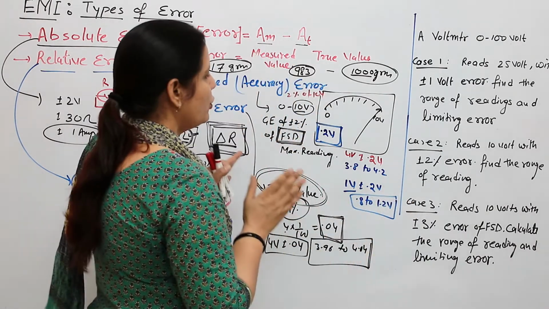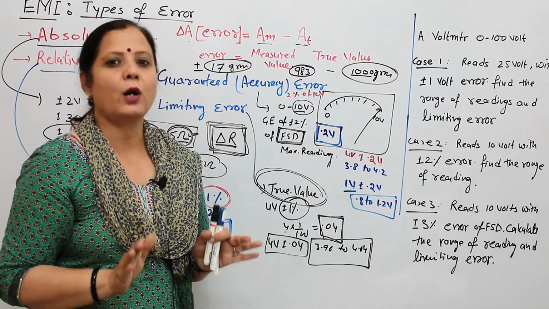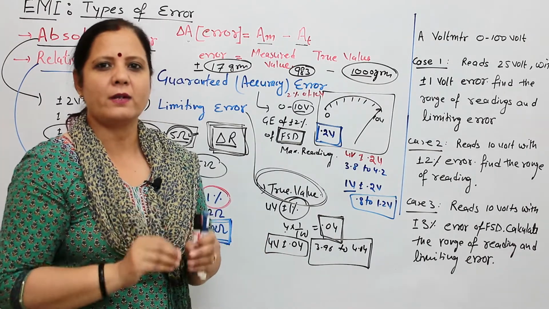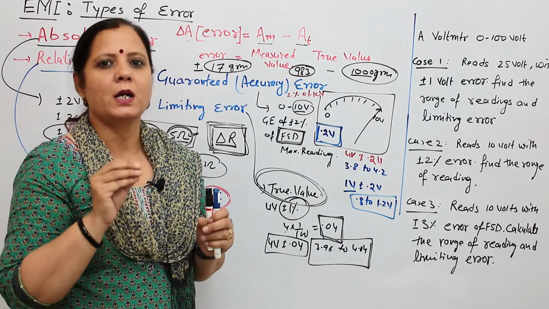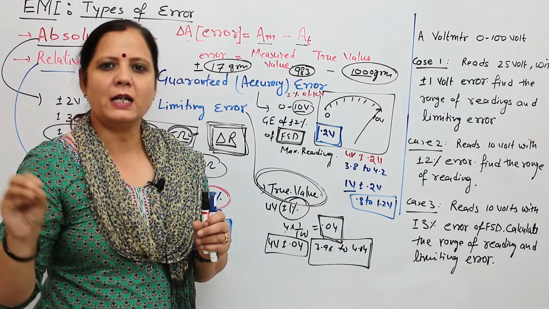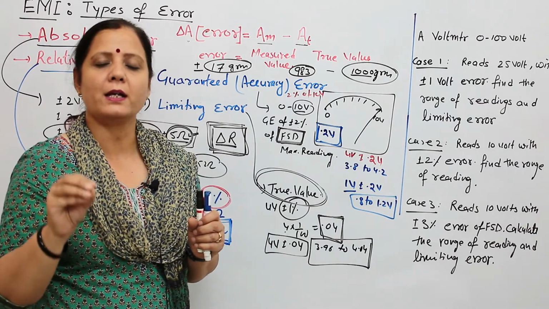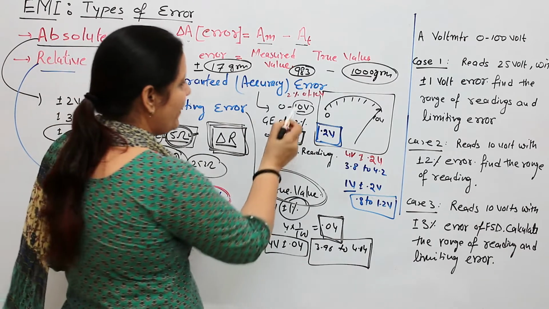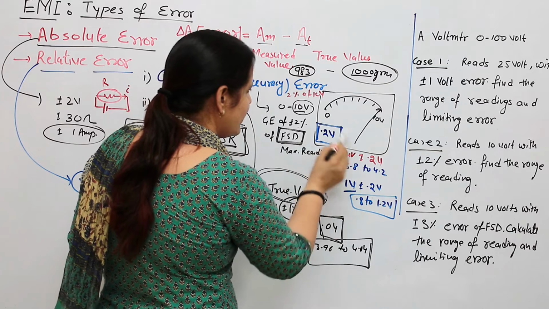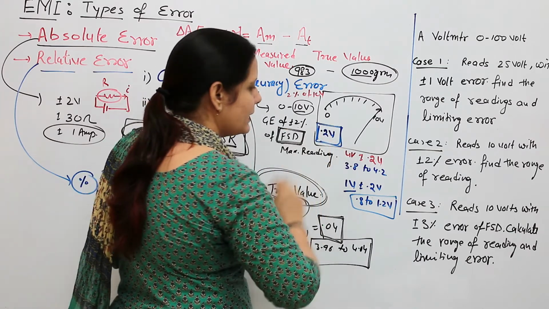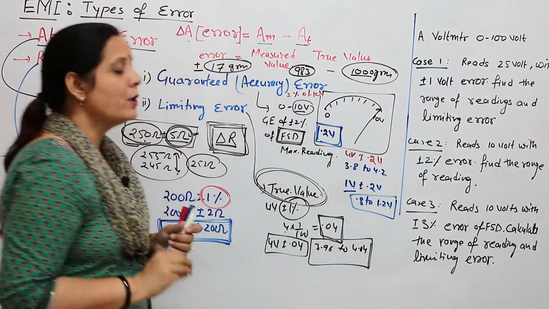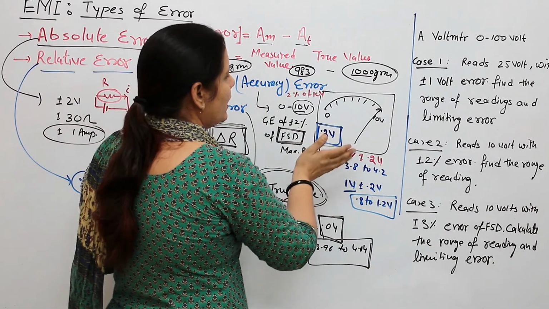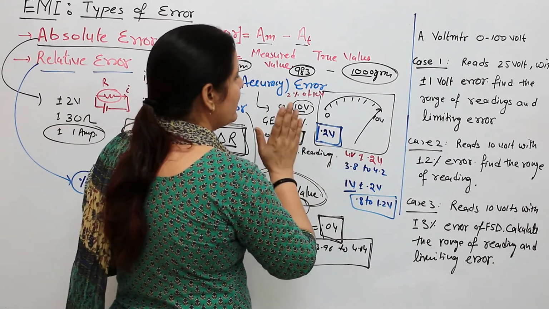To avoid a calculation mistake or selecting a wrong answer, please do one thing and make it a habit. Whenever in a question there is a term error of full scale deflection, plus minus error of FSD, please write down the fixed error that will occur at this instrument and circle it over the language where you are writing or solving the problem. Then whatever kind of options are being asked, you can give a proper reply.